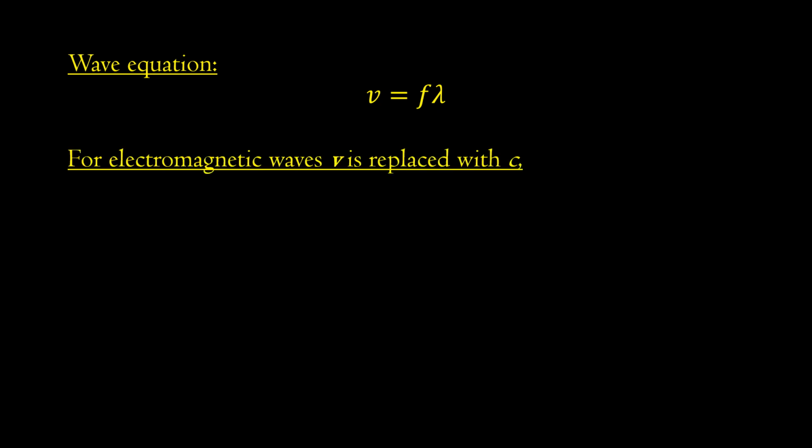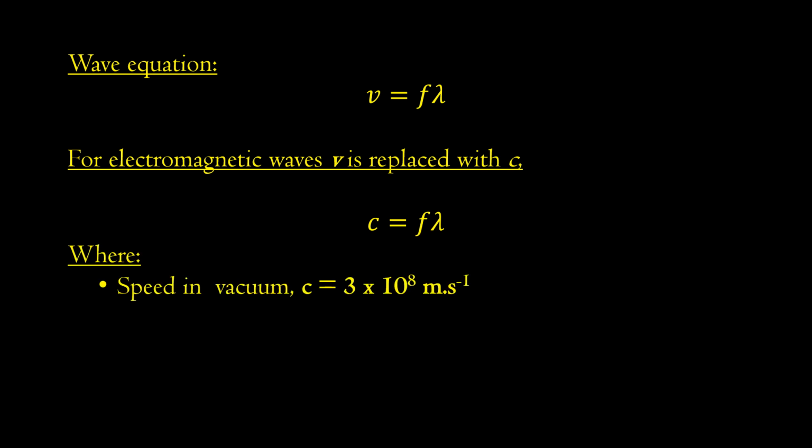However, for electromagnetic waves, the speed v is replaced with c, which is the speed of electromagnetic waves or electromagnetic radiation in vacuum. So when we replace v with c, we are left with the speed c equals the frequency f multiplied by the wavelength lambda,